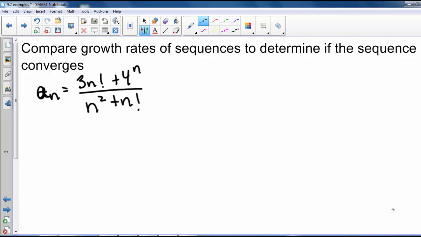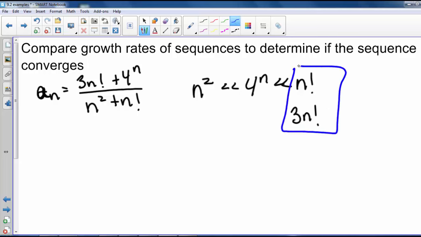Here our sequence is a sub n equals (3n factorial plus 4 to the n) over (n squared plus n factorial). So comparing our growth rates, we have n squared grows slower than 4 to the n, which grows slower than n factorial. And 3n factorial is in this same